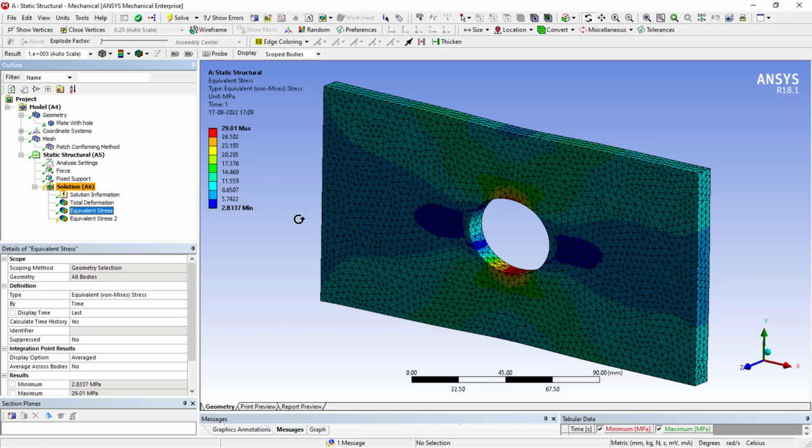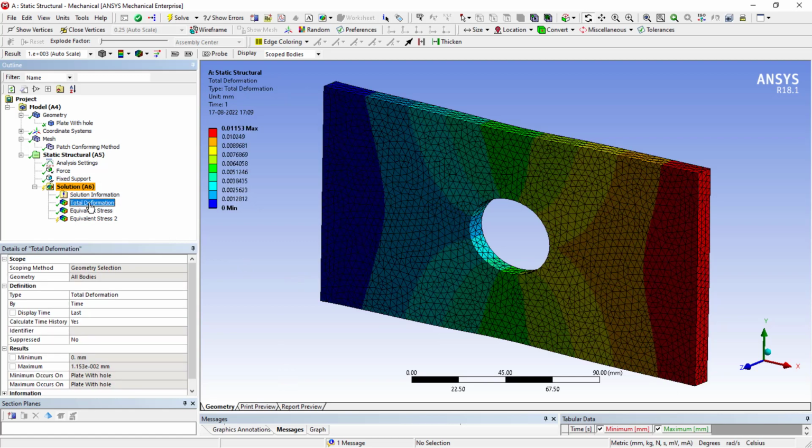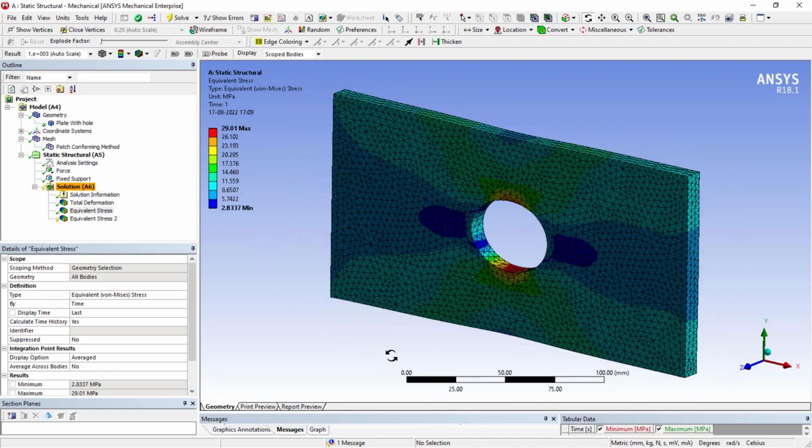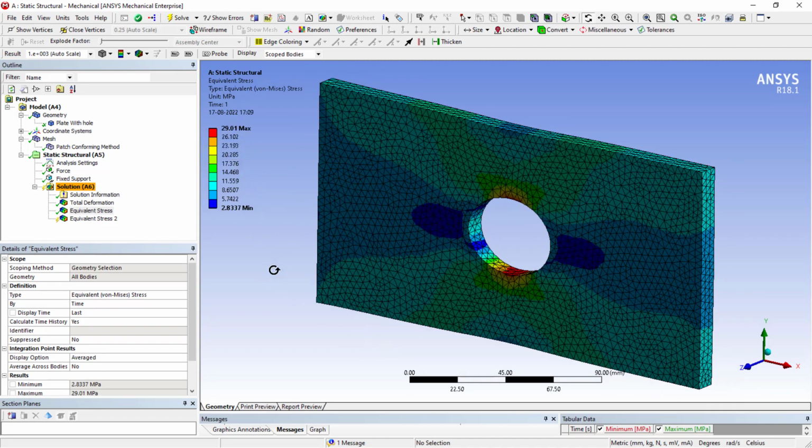Okay, I think depending upon the mesh, it is 29. The total deformation is 0.01153. Okay, so let me just compare everything. Results will be the same everywhere. Remember that, don't need to worry about it. 29